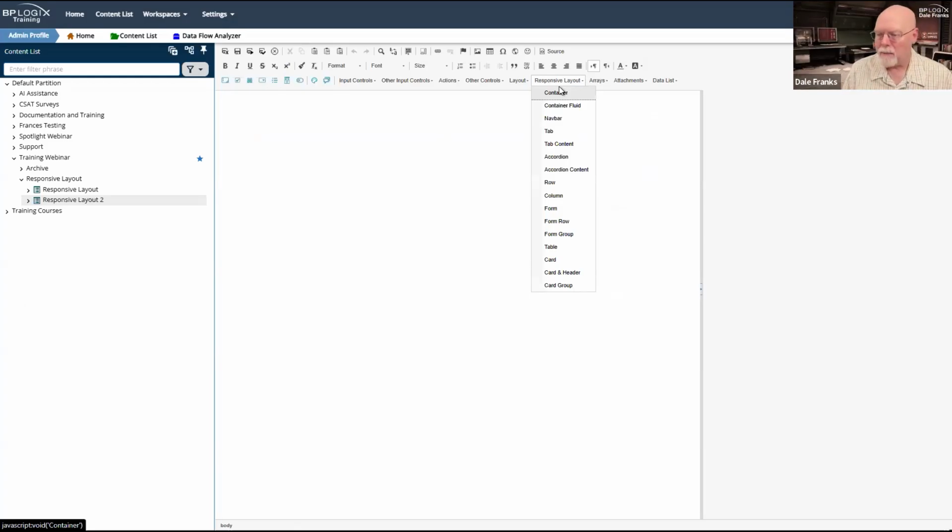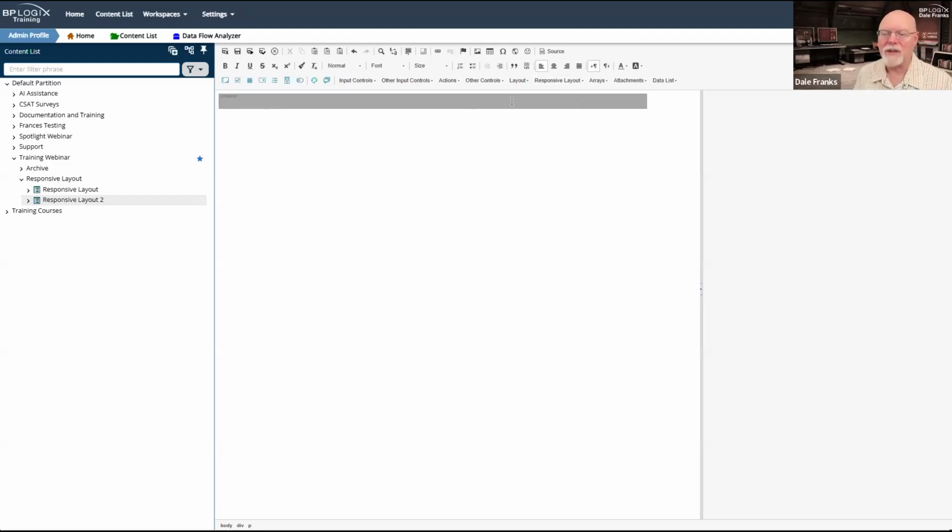So as I started to say, the fundamental control that enables Bootstrap is your container control. That is the outer control that must contain your entire form. Everything that you place into the form must reside inside the container control. Now, there are 2 container controls, one of which I like and one of which I really hate. The container control is the standard container control. We will look at the container fluid in just a minute. We'll show you the differences between the two.